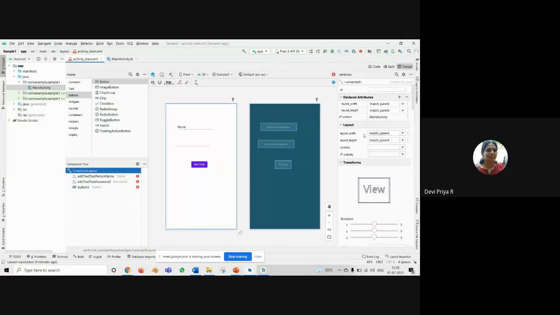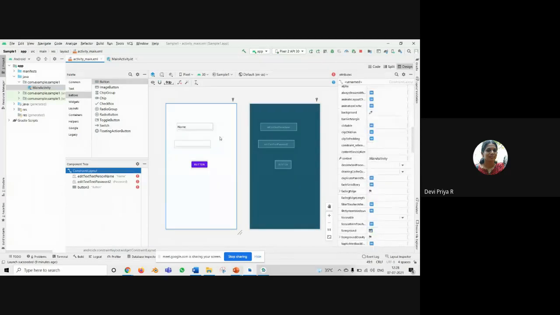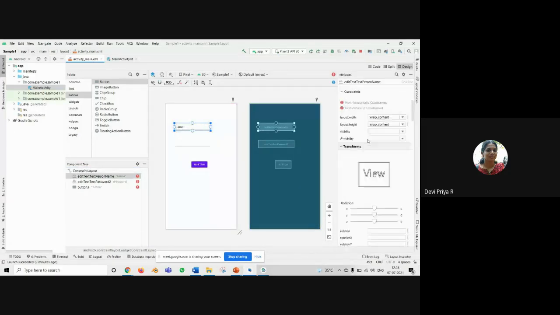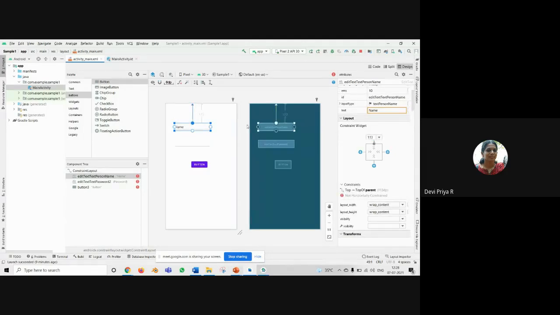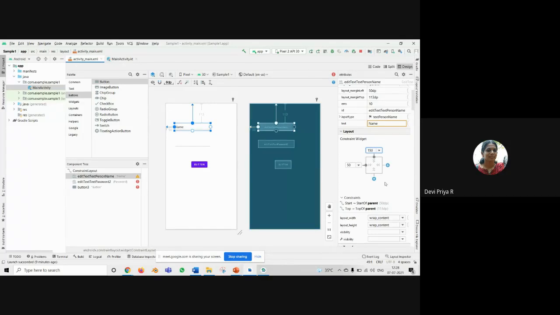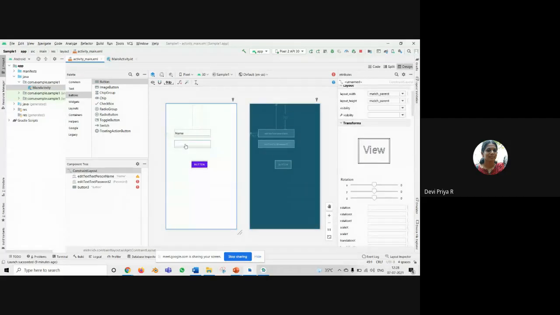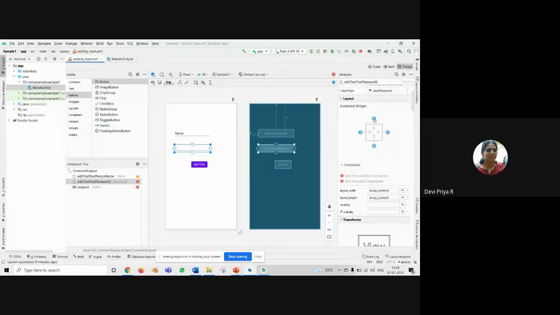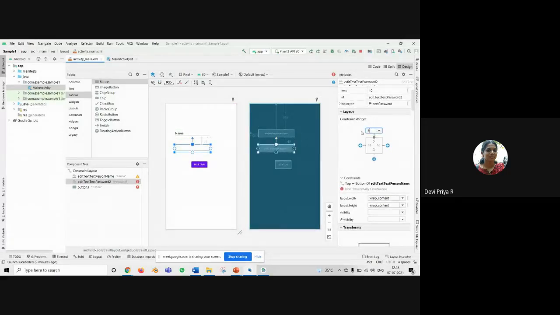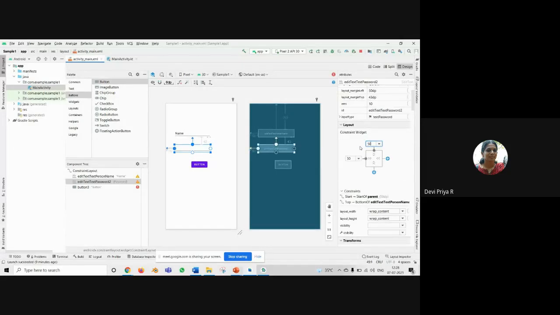And since it's a constraint layout, you can specify the positions. So it is set like this, and for this object I'm just setting random positions.